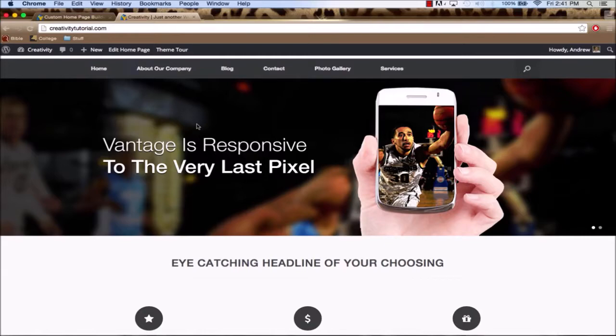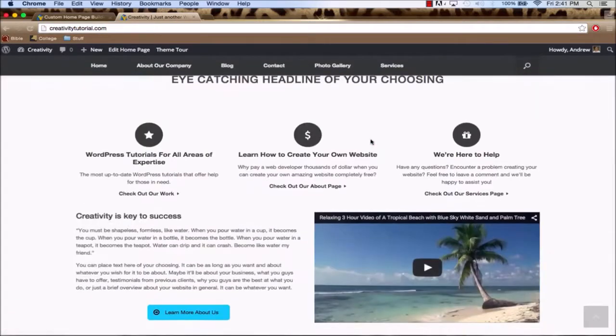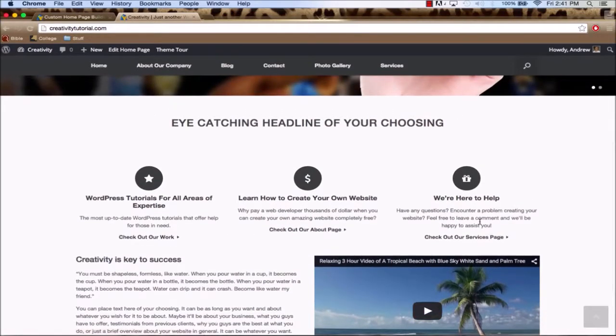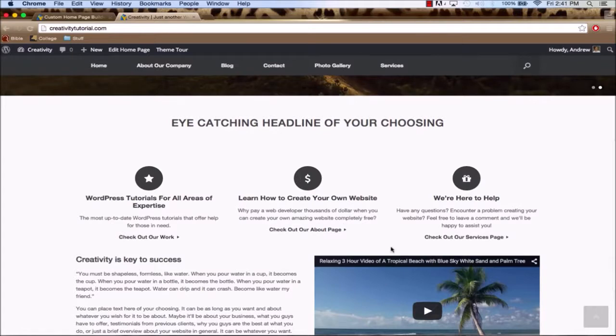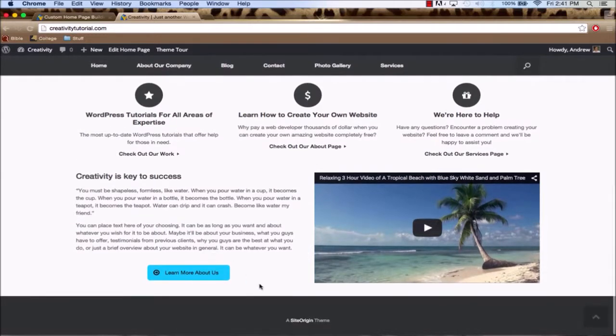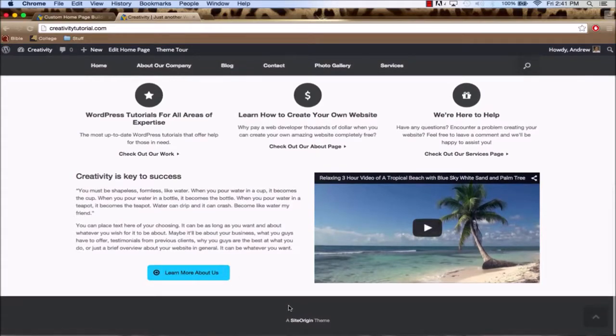and we go refresh our page that has no video now. If we refresh it, you'll see that we now have a video. So we have our headline, we have our 3 icons, we have our video, we have our text, our button that we created, and now what we're going to do is we're going to get a border here that separates the call to action buttons from the video and this text, and we're also going to get the social media